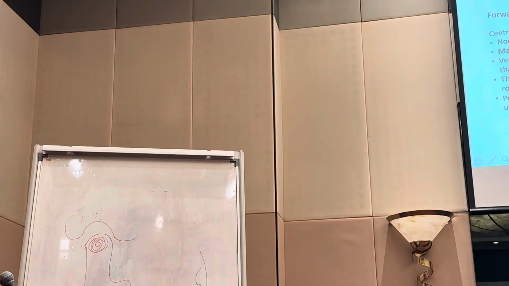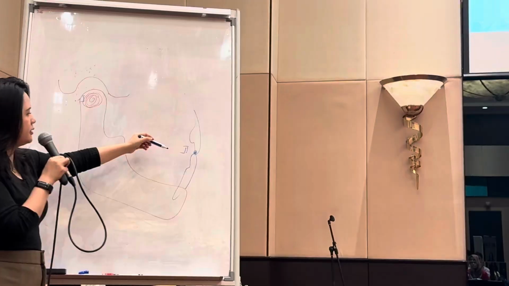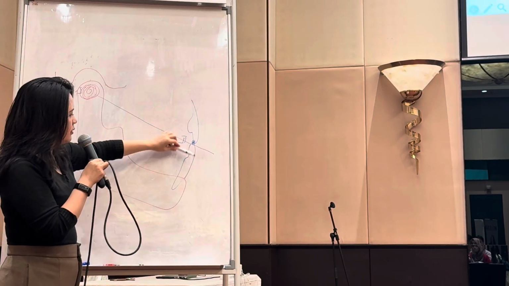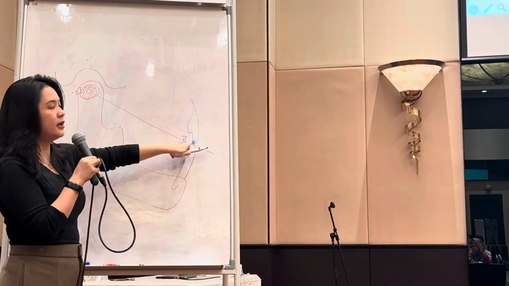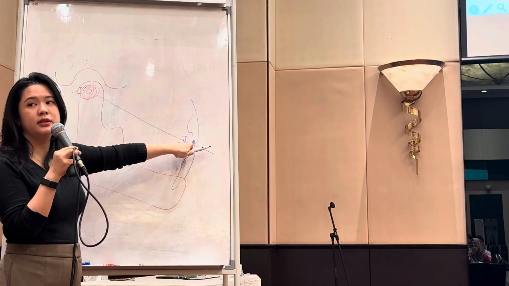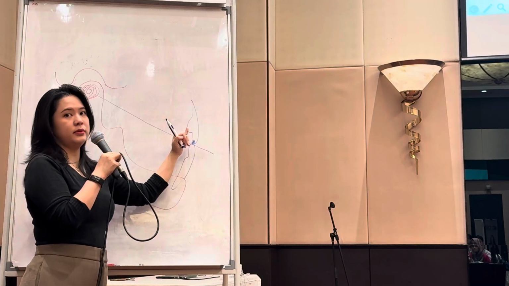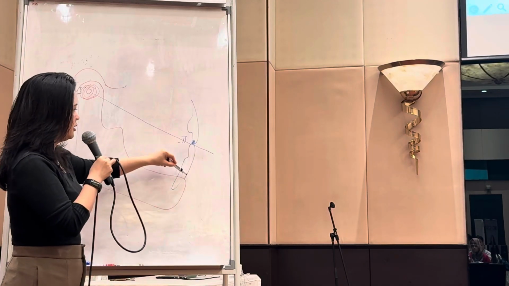Okay, so your type 2 is here. And then if we draw a line, now your mandible pivots at this region only. So if it pivots this way, it goes this way, right? So your chin comes forward,